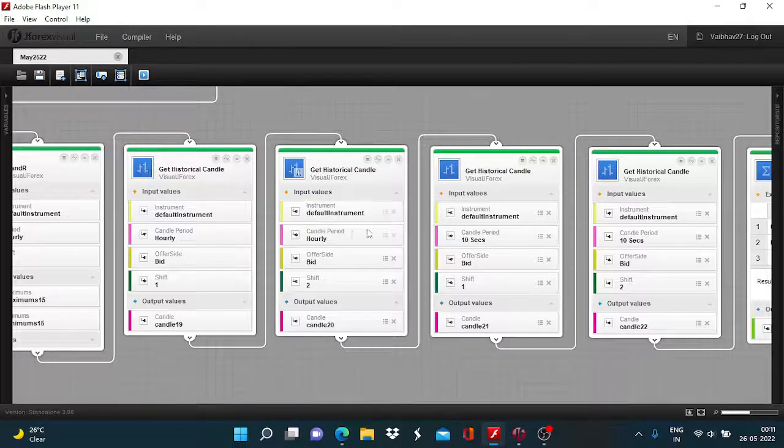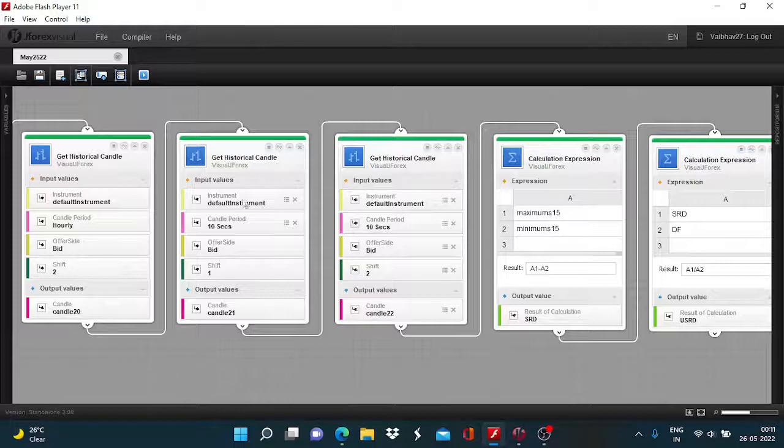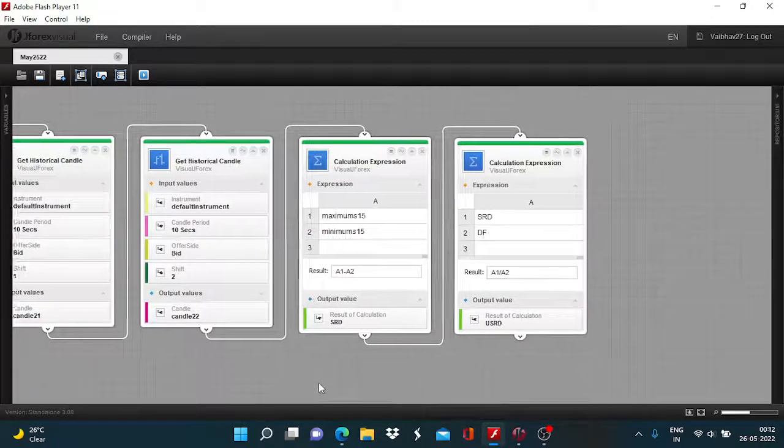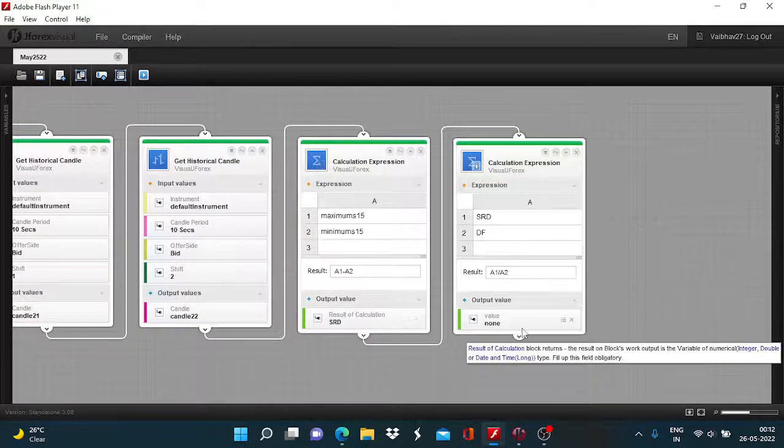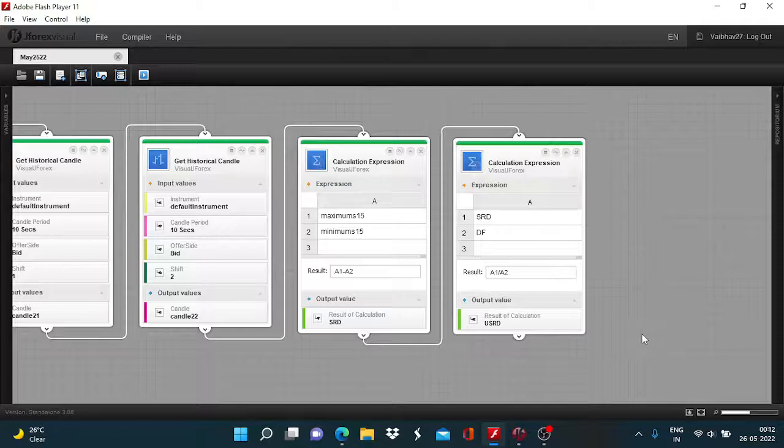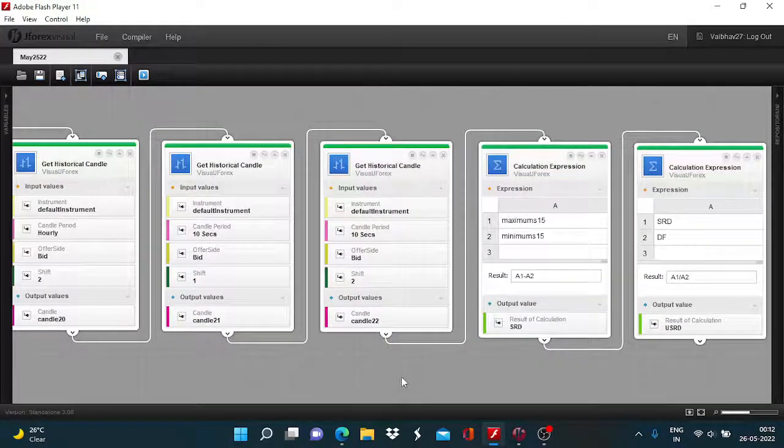These two get historical candle with the candle period defined at hourly are also being utilized. And then to pinpoint the exact entry points, as usual, we are also relying on the 10-second data. I had also defined these two new variables, which gets us the actual difference between the maximum and the minimum of the last resistance and support band. So we consider whatever is the actual difference, and then we will be taking 1/4 of that. So we have defined this variable which will get us 1/4 value,